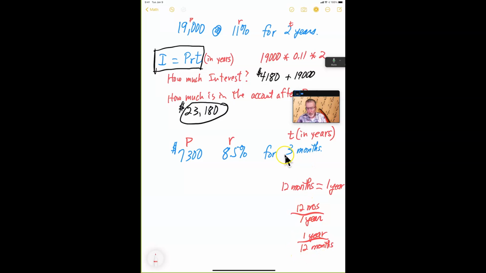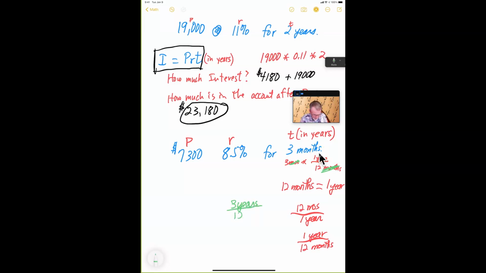So if we set this up, we have 3 months times 1 year over 12 months. We're going to multiply these two together. And what we lose is the months cancel out. And the 3 times 1, we've got 3 times 1 here. 3 times 1 is 3. And so that's 3 years